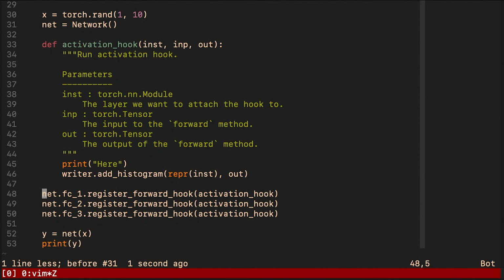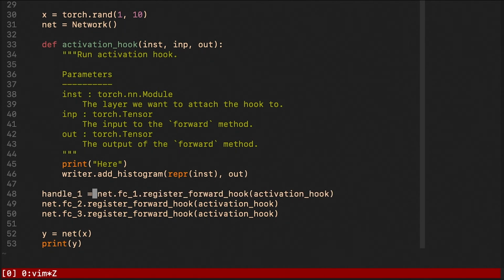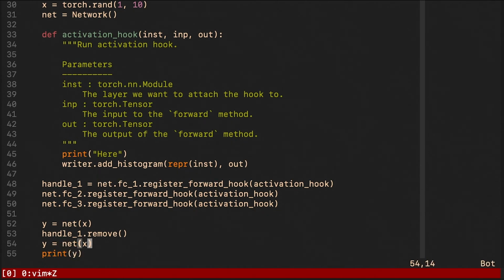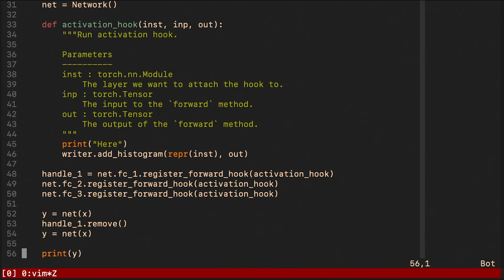So what you need to do here, you just need to somehow put or cache the return value of the register forward hook into a variable, which would be a handle for that hook. And what you want to do if you want to deregister the hook, you just use it and call the remove method, okay? And to illustrate that it works, let me do the forward pass one more time afterwards. Maybe I can remove this at this point because it's useless.